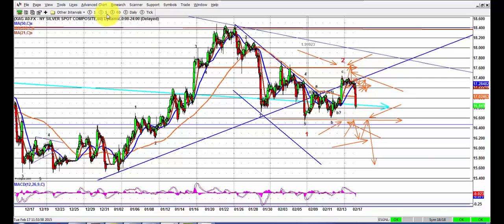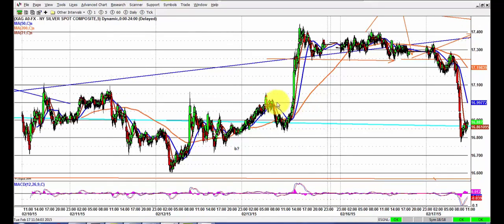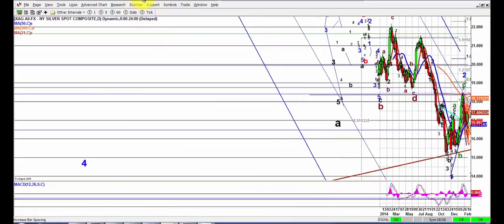And in fact, if I show you the 5 minutes, I would even argue that we have here a failure fifth. That was our B, and that was our 1, 2, 3, 4, and that's the failure fifth. And that's possibly another ABC that will turn into an X, or actually the third wave. Now again, let's have a look at